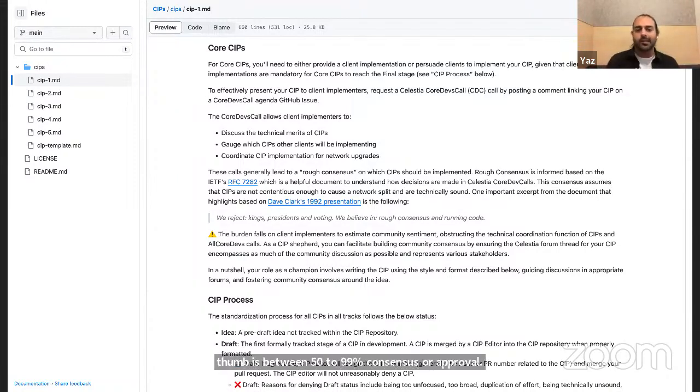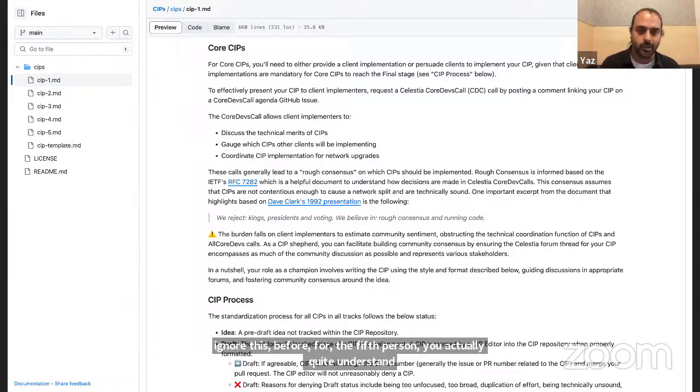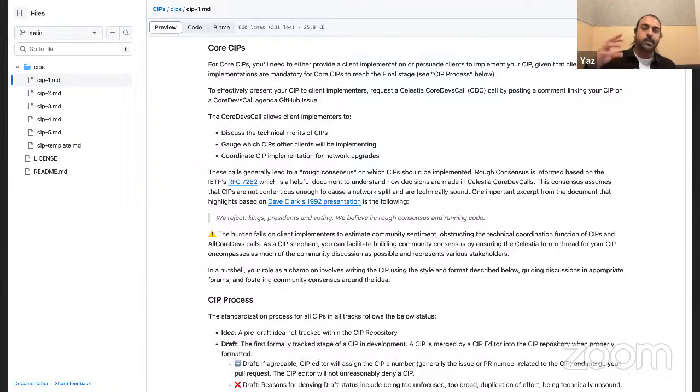Let's say there are 5 of us discussing the technical merit of a proposal. One person has an issue with one of the CIPs being proposed and says we shouldn't implement it. In rough consensus, you don't ignore the concerns of the 5th person just because 4 out of 5 agree. You actually try to understand why the issues exist and what the 5th person is trying to say, and you have to address those concerns. Because if the concerns have been addressed and the 4 out of 5 people still decide to proceed, that's recorded.